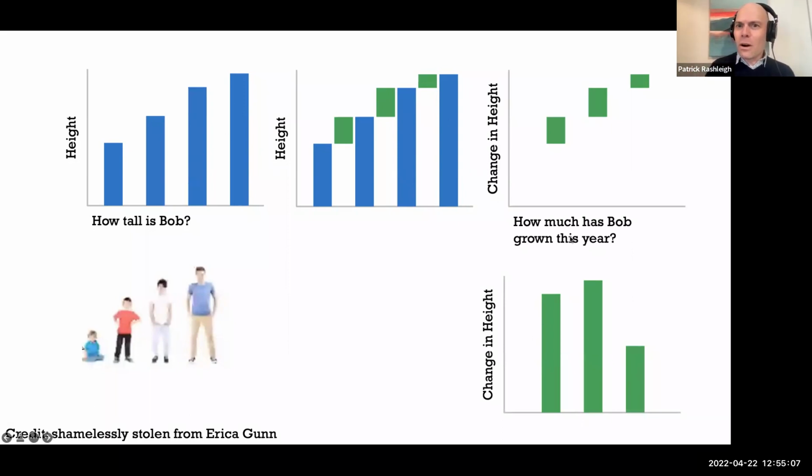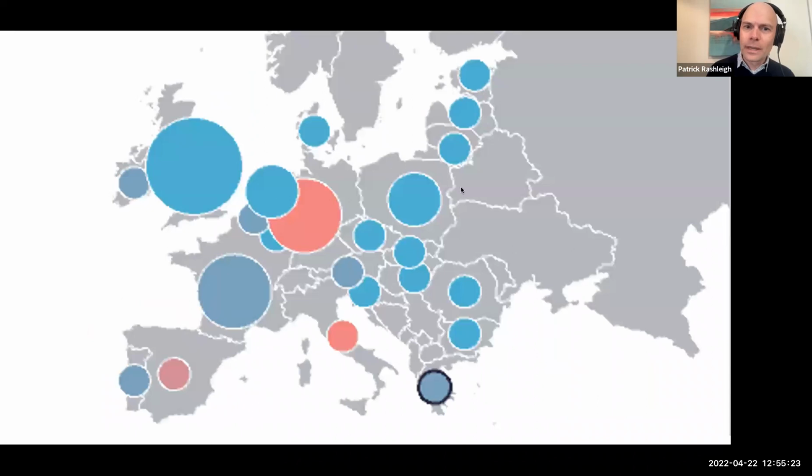So all these visualizations are fine. They could all serve a role, although I have my doubts about this one here, but they all answer slightly different questions. It's kind of like the exercise we did at the beginning with the bar and line charts. And this will help us evaluate and design things like this. So this is